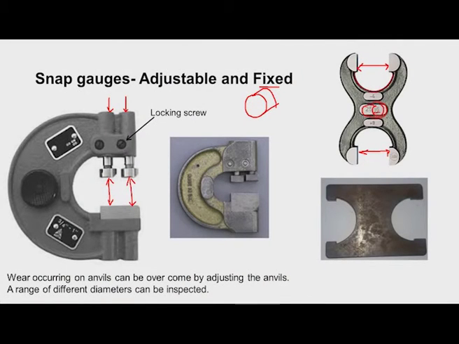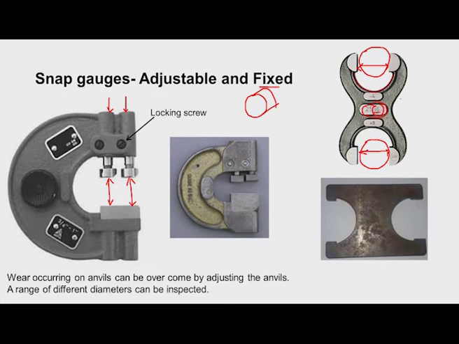And here I can see one more, different type, the handle C type, since it looks like a C. Another important thing is that the workpiece will go here like this, on the go side.